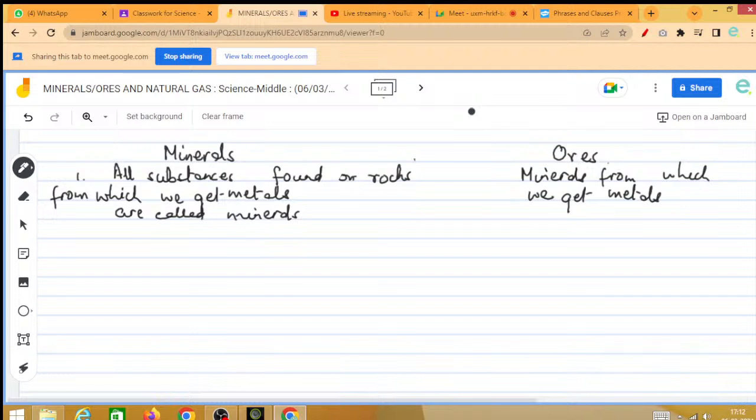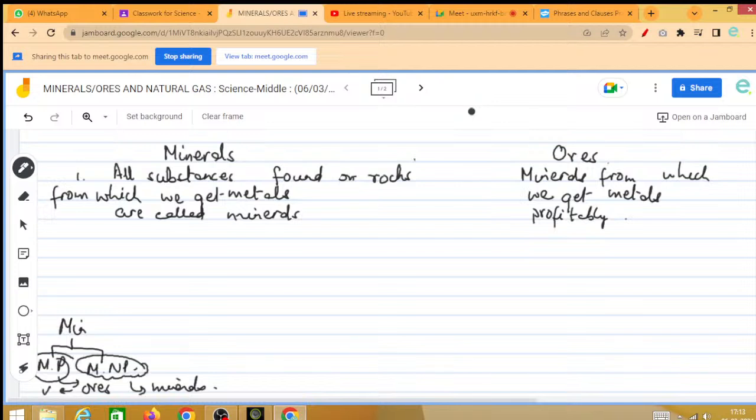So now when I said minerals are of two types: from which we get metals profitably, and metals non-profitably. So the ones from which we get metals profitably are called ores. But the others are also minerals, even though we are not getting metals profitably from them. So ores are also minerals, and the minerals from which we get metals non-profitably are also minerals. So all minerals are not ores,